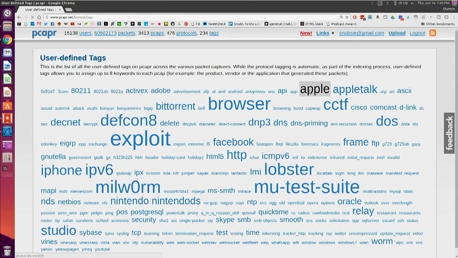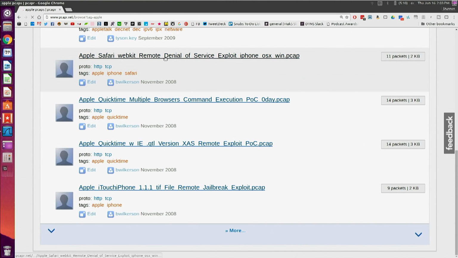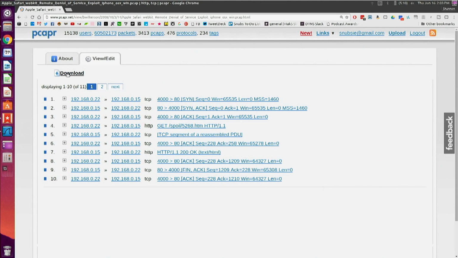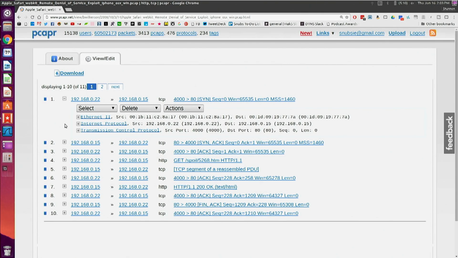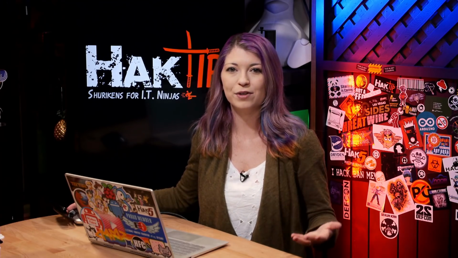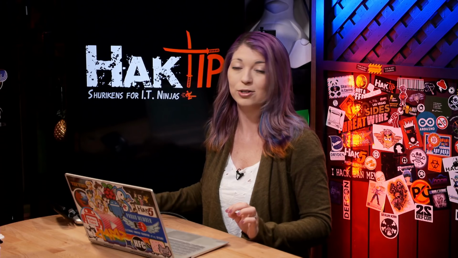I'm going to choose one under Apple. This one looks interesting. Now, as far as viewing it, you can either download it, and that's going to download the Pcapr file, or you can also open up the link and open up all the information in your browser. Now, this is probably obvious, but I love downloading my packet captures and opening them up in Wireshark to view because of the easy use and not having to wait for a packet to actually open up in your browser. So I like to use Wireshark, but if you want to use the browser, I'll go ahead and show you how to do that as well.